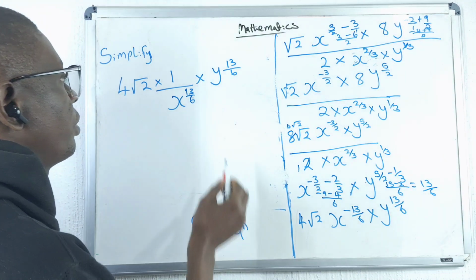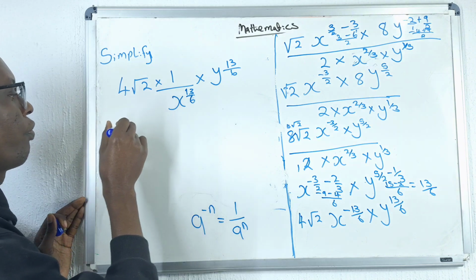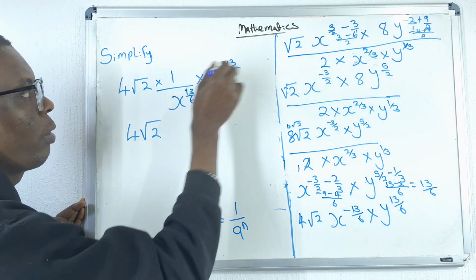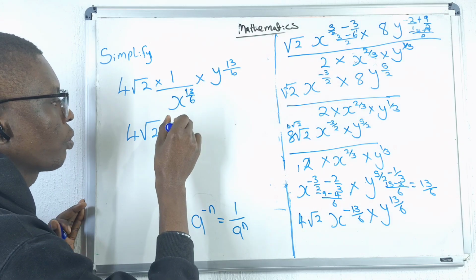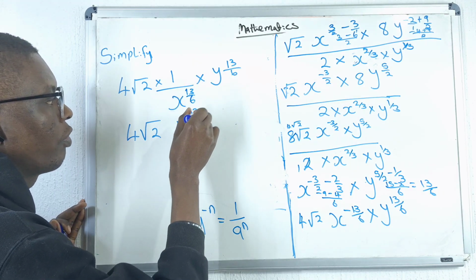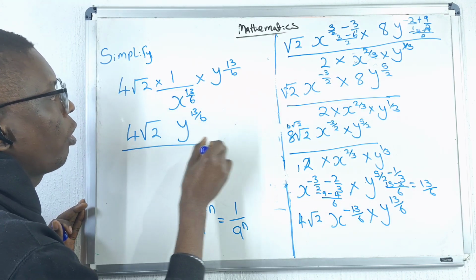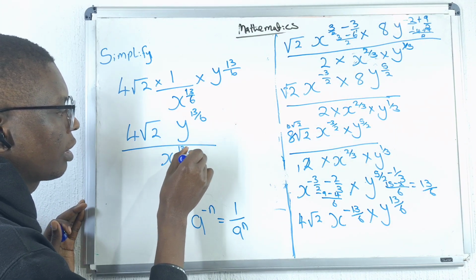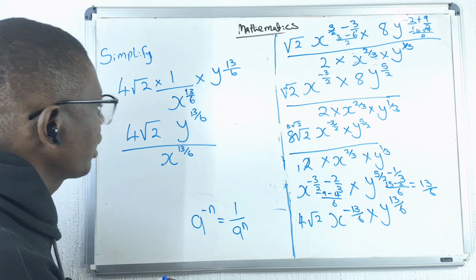So in this scenario, we'll have 4 root 2 times 1 over x to the 13 over 6 times y to the 13 over 6, which is the same thing as y to the 13 over 6 all over x to the 13 over 6. And this is the final